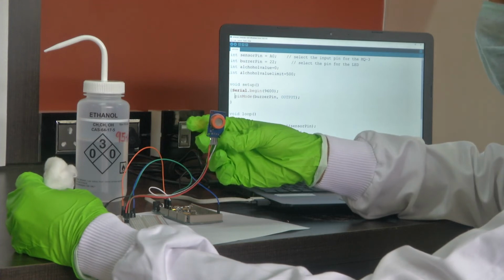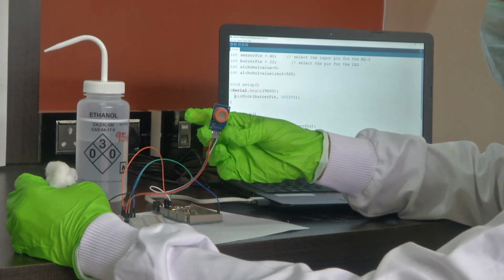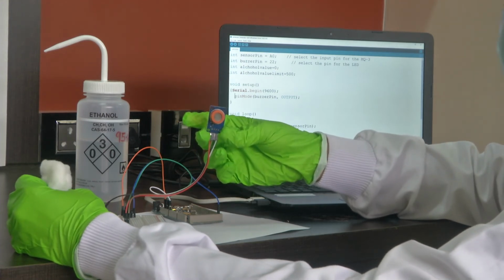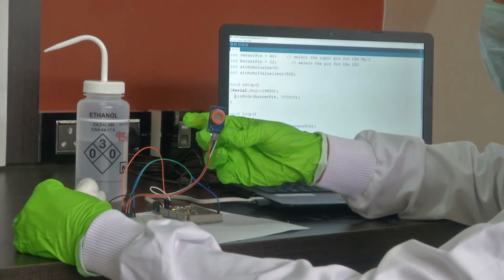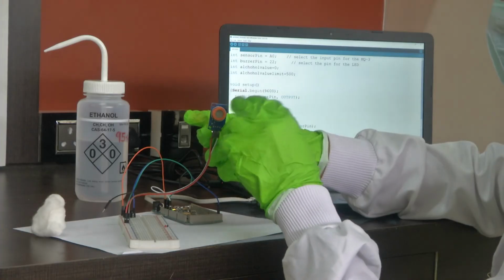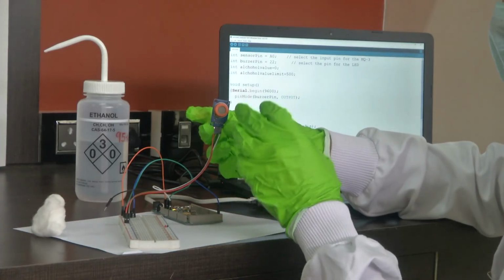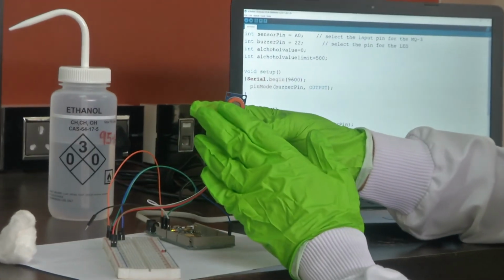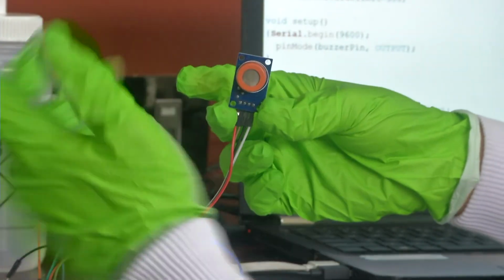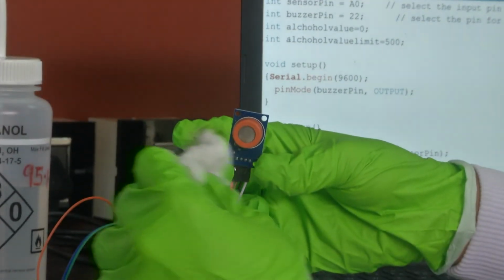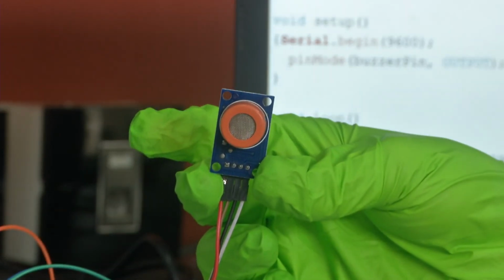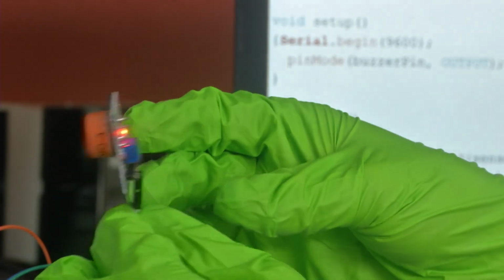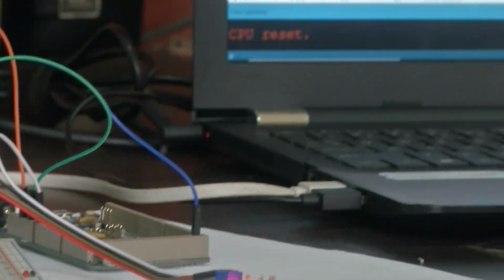And you can see that it took some time to go back to its normal or off state, even after I removed the cotton swab. It's because some reaction happened inside the sensor, and it takes some time to reverse the change. See, my hand is not detected, but if I show the swab again, because of the alcohol in it, it will again make the sound.